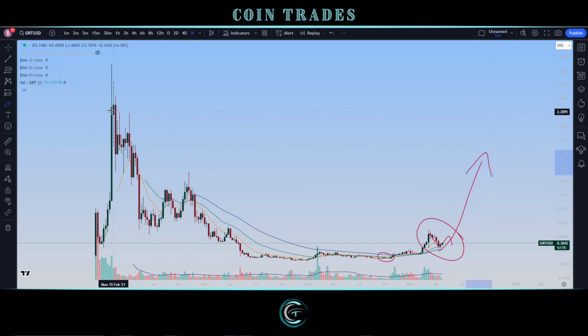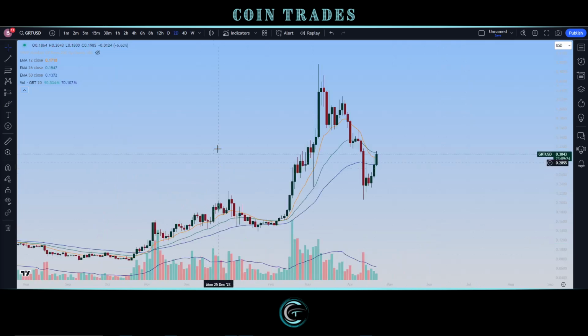And even though we might not necessarily be shooting for all-time highs, we know that potential price gains are still going to be pretty significant for GRT in this upcoming bull cycle, especially with a very strong use case like we have for GRT. Now, flipping over into the 2-day chart here first,